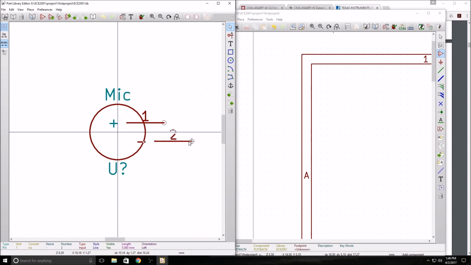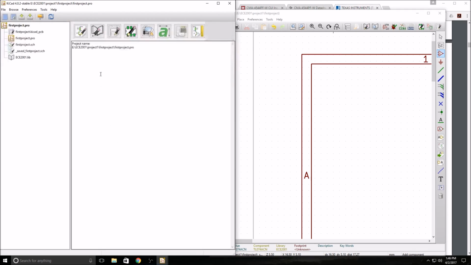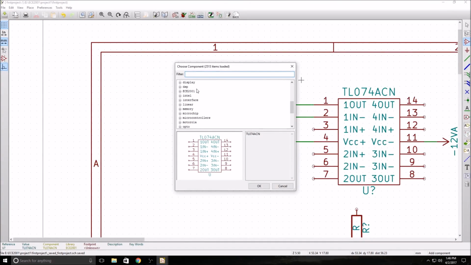Now you can spend a lot more time working on this, but we're just doing this nice and quick. So that's our microphone. I want to update to the current library, which is the working library that we're already using. So I update this component, hit yes, save. Okay, now in that same library that we had before, if I go to add it, I should still have the